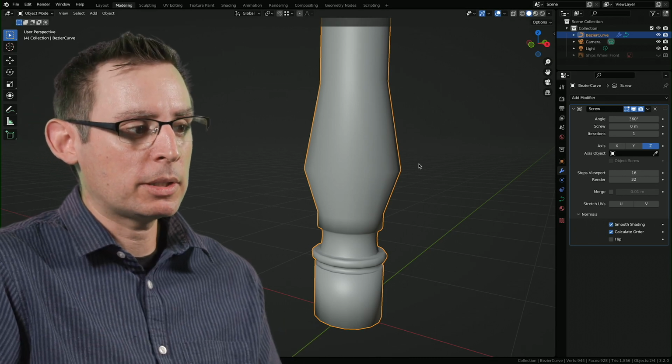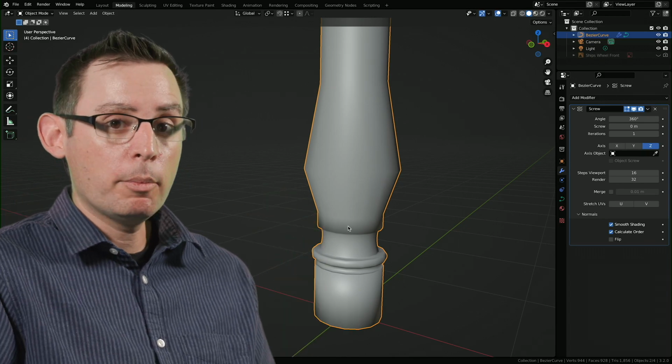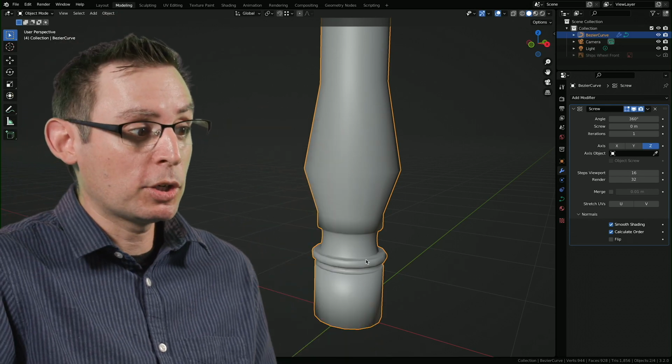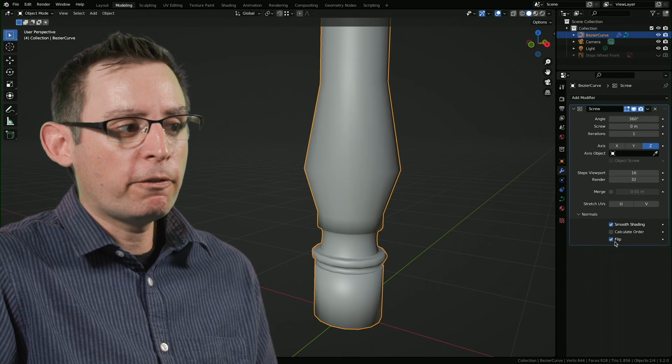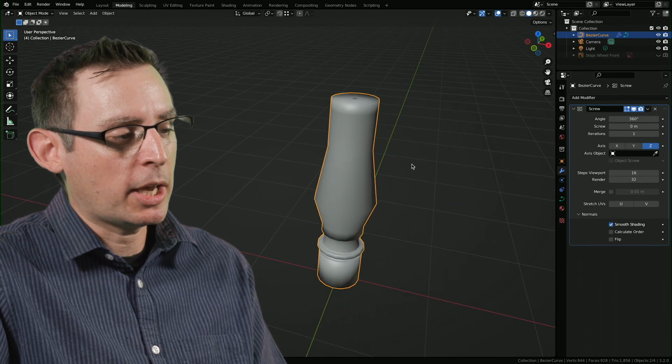My light's up here at the top and I'm getting shadows along the bottom edges. That's perfect, that's what we want. But if your light's at the top and you're getting shadows at the top edges, the top surfaces of your geometry, you may want to change the calculate order or just flip the normals themselves. So look carefully on your side.